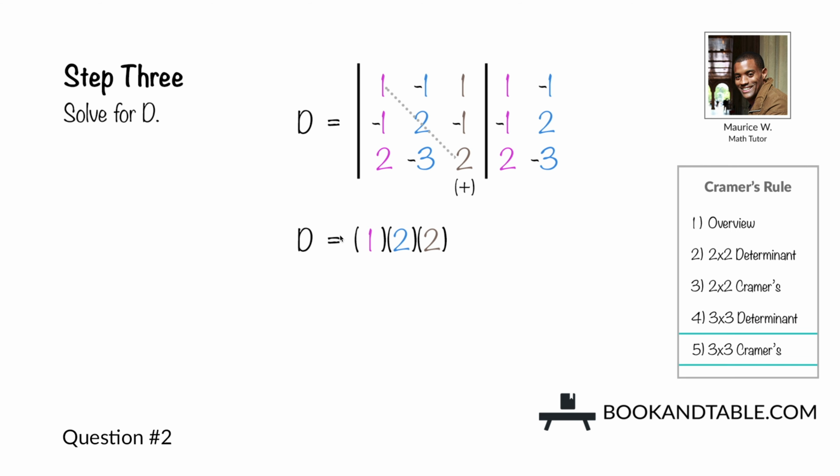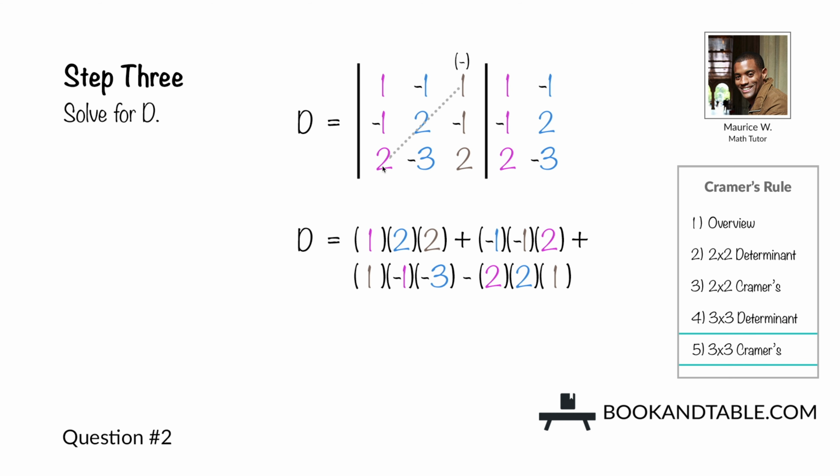So we start by multiplying the numbers going down to the right. So we get 1 times 2 times 2 plus -1 times -1 times 2 plus 1 times -1 times -3. And then we do minus 2 times 2 times 1 minus -3 times -1 times 1 minus 2 times -1 times -1. And now we have the expression that we need to solve for D,